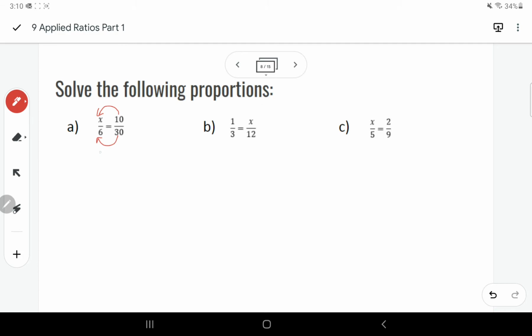What did you do to the 30 to get to 6? You made it smaller, so it's dividing, and that's divided by 5. So I'd have to do the same divided by 5 up there. So x is 10 divided by 5, which is 2. And the next one,